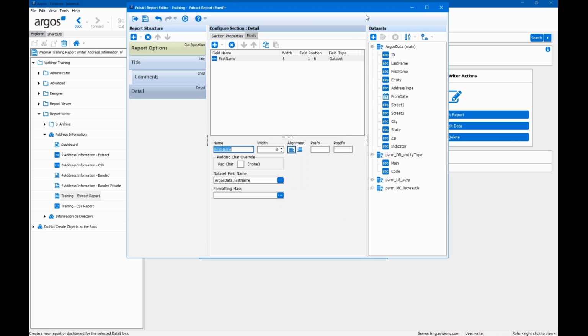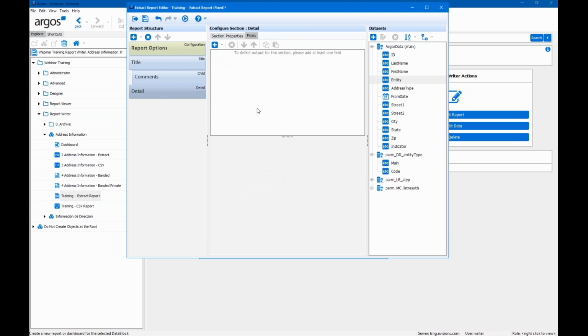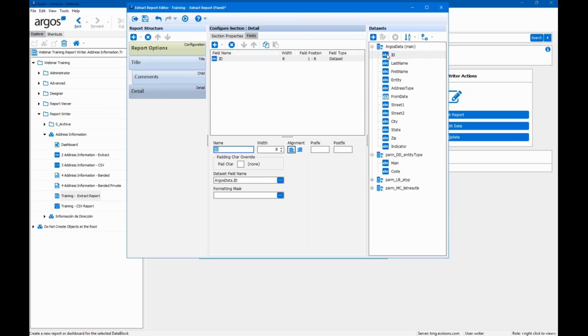We can also use our datasets section to add our fields as well, so we can select one and drag to our field section, or we can double click to add as well. Alright, so now for our report, we're going to go ahead and include the ID, the last name, first name, city, state, and zip. Now we will click on each field and configure the width based on our report specification